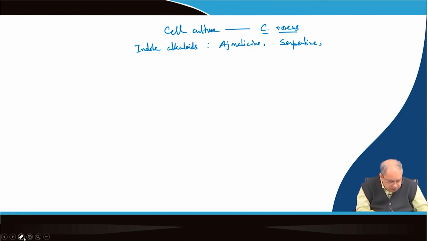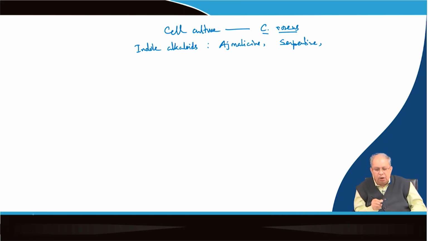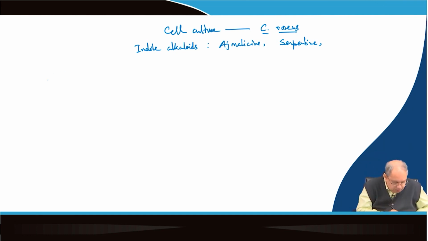So, next what the scientists did was try to produce more of this in cell culture. How can they do that? In one of the earlier classes I mentioned elicitation. So, we will bring that issue again here in this class, that is